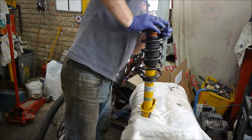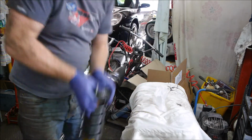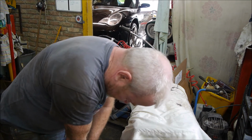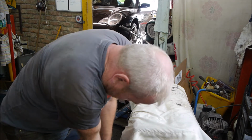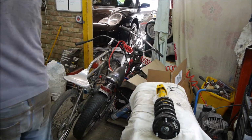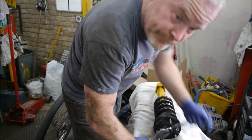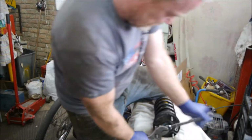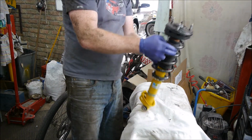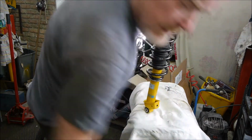Now with this one we can just get it to start without a spring compressor. And if I push it down a bit, get it to seat a bit further. And basically just pinch the end of this and tighten it up. There we go. Shock tower rebuilt. All I've got to do now is basically get the anti-roll bar link on the bottom there,